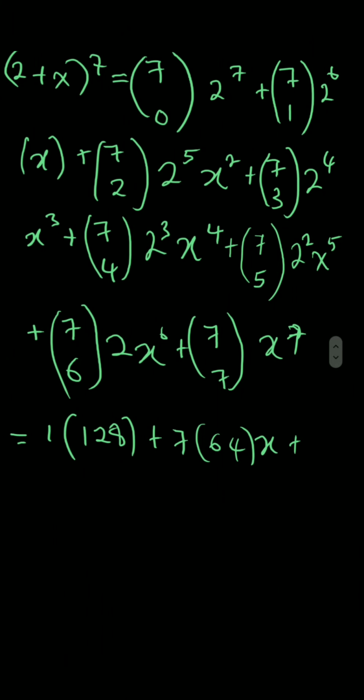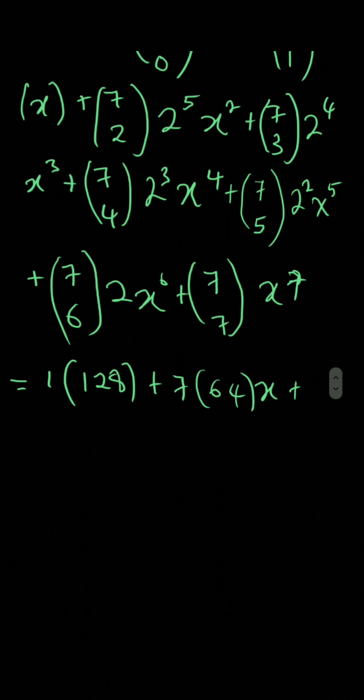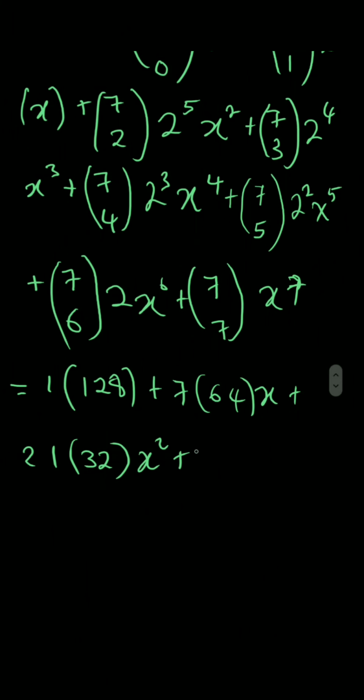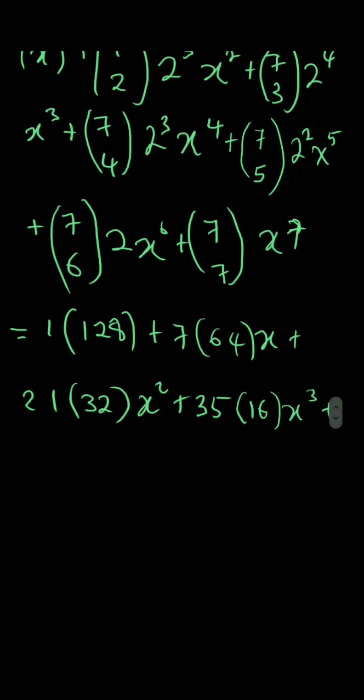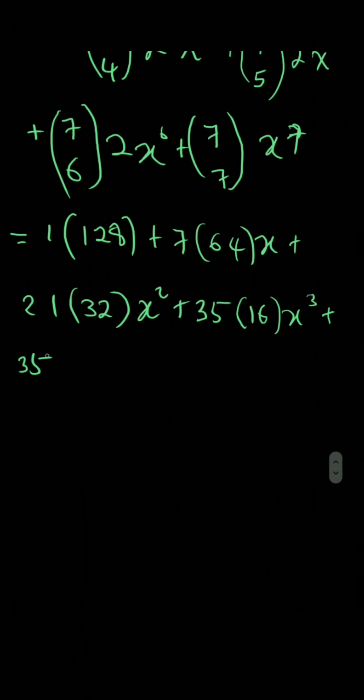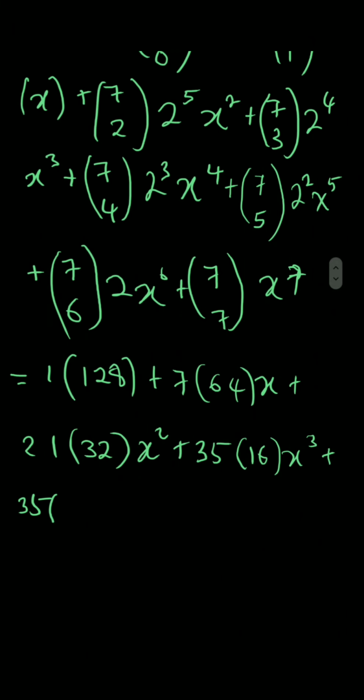Then plus the next one, 7 choose 2, simply gives us 21, multiplied with 32 for 2 to the power 5, then times x to the power of 2, plus 7 choose 3 is 35, times 16 times x to the power of 3, then plus the next one, which is also 35 times 8,